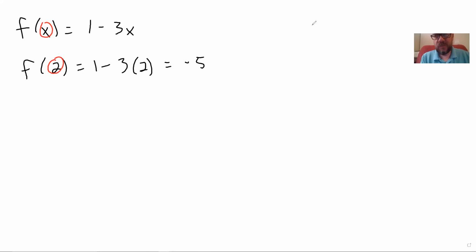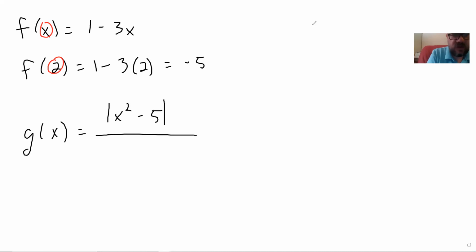So let's do something a little bit more complicated. We'll say g of x is, I don't know, some messy thing: the absolute value of x squared minus 5, divided by the square root of x minus 3, times, let's see, what's another one we're using here, 2 over x. All right, a couple things. One, this looks messy, but that doesn't actually make it all that much harder, to be honest. And two,